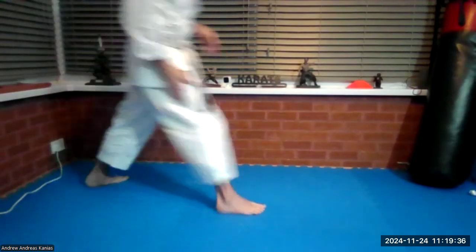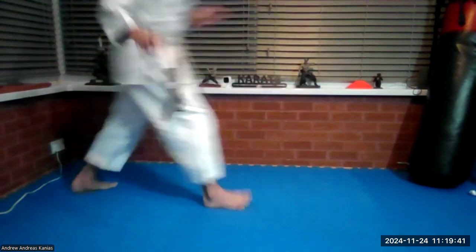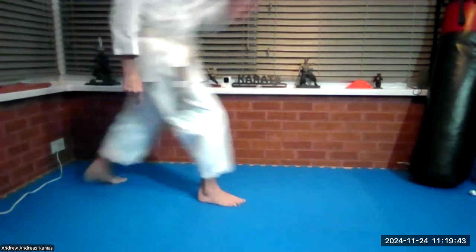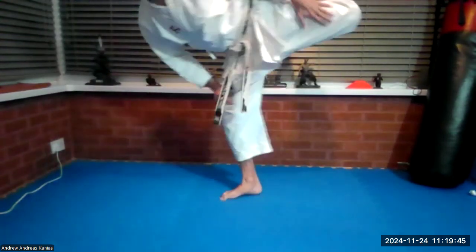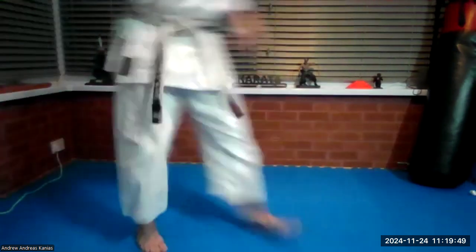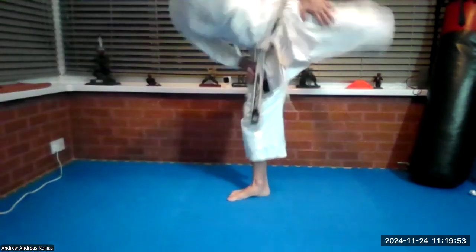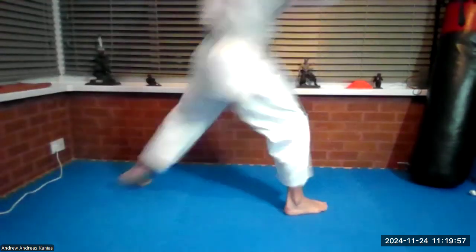So the foot must twist. The knee rises like you just did. I'll show you the foot action first. And then you pivot and you pull your knee back. Okay? So let me show you a couple this way and a couple this way. So pull back, switch, pull back, switch. Okay? So let me raise this. So the foot must twist on the floor,